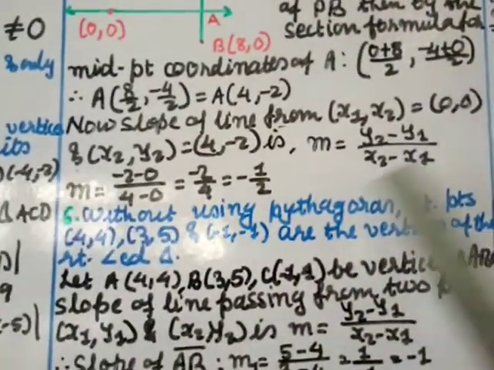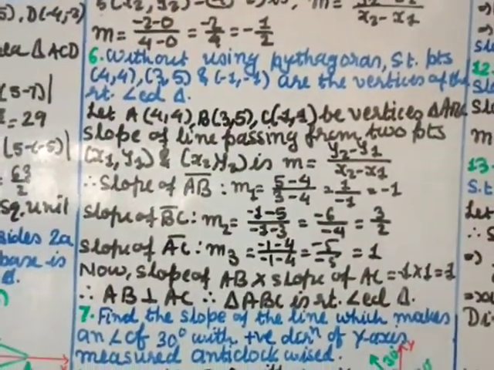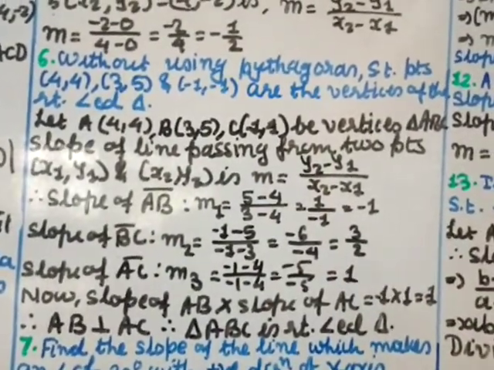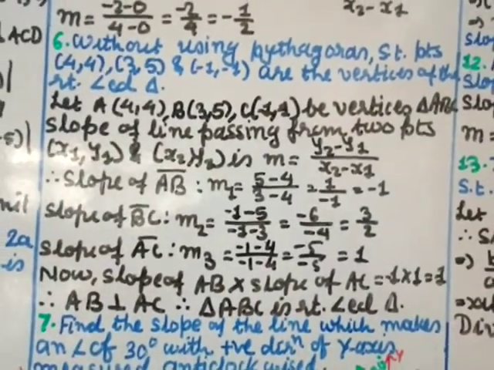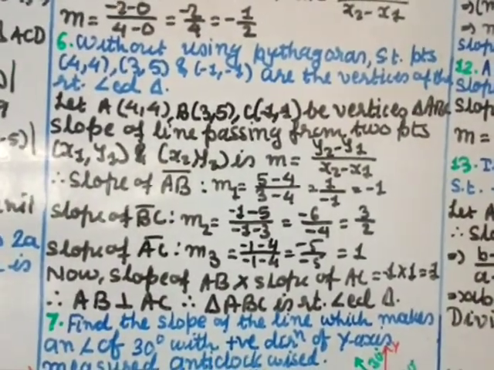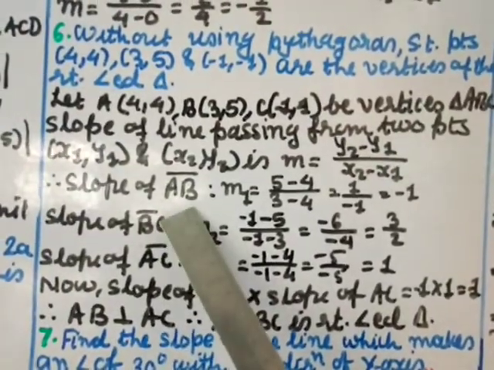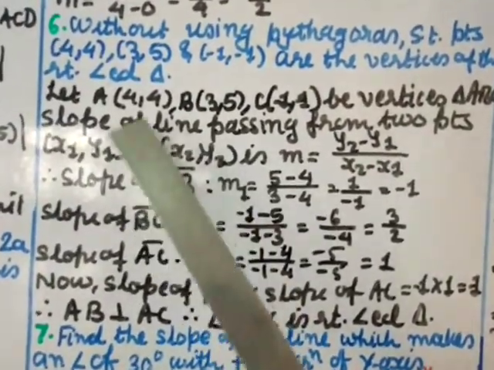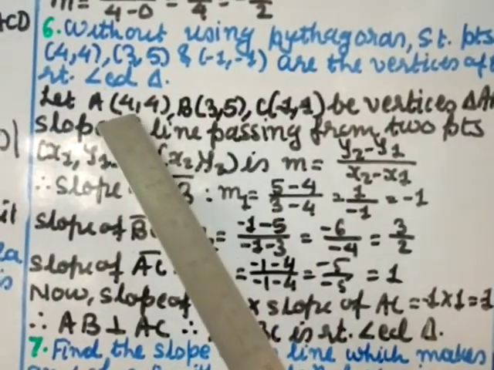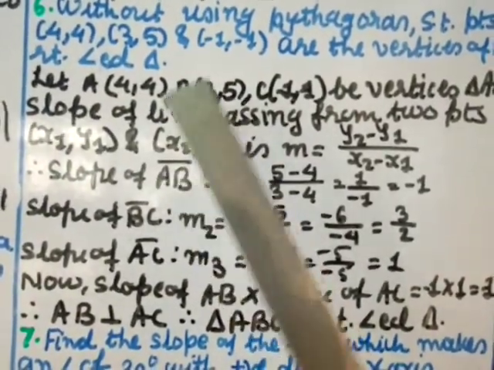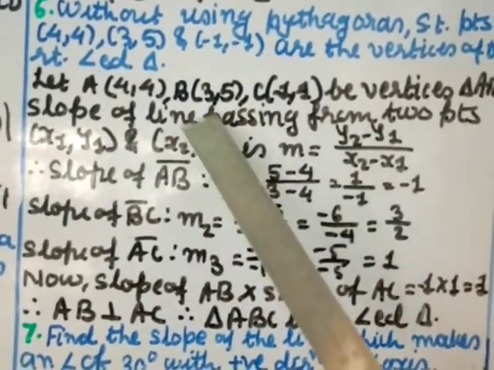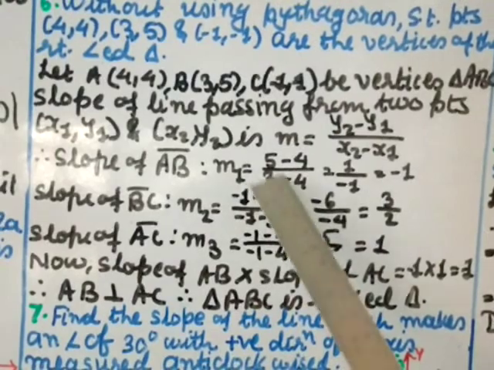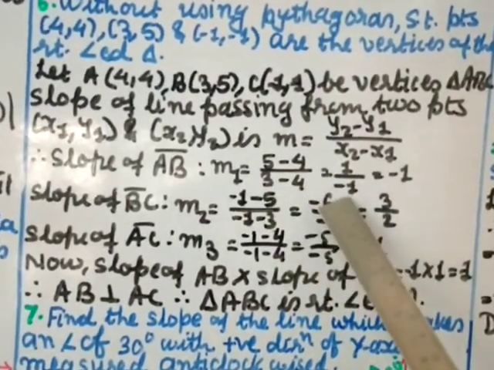Okay, so that formula I am writing again, and I am going to find the slope of AB, BC and AC, and will show that two lines are perpendicular if the product of the slope is minus 1, and using that fact we shall show that this triangle is a right angle triangle. So slope of line AB, I call it m1. So this is my A and B, so let us call x1 y1, this you call x2 y2. So y2 minus y1, that is 5 minus 4, divided by x2 minus x1, that is 3 minus 4. Okay, here 5 minus 4 is 1, 3 minus 4 is minus 1, so this value is minus 1.